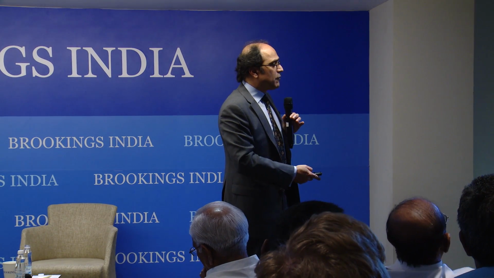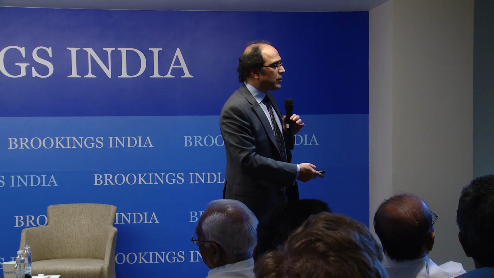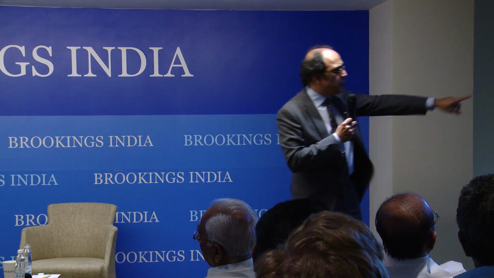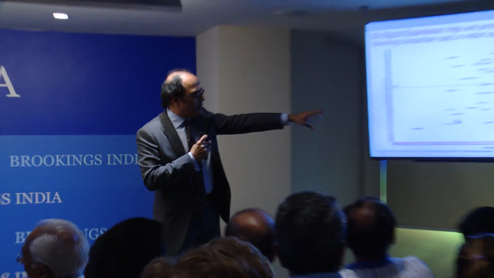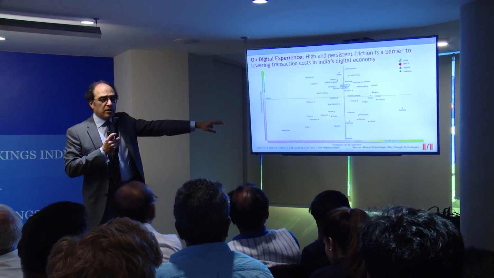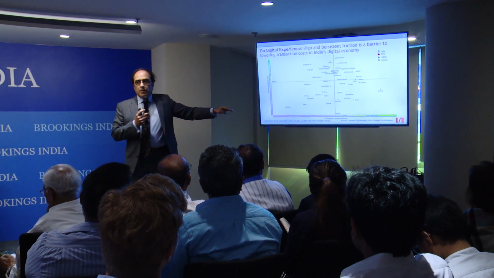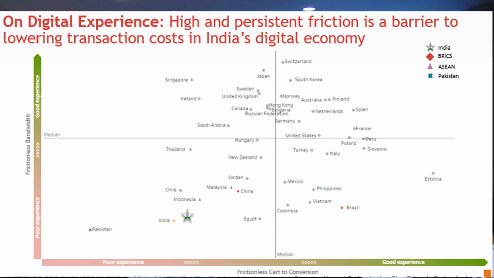So I'm just going to kind of fast forward a lot of this. I just want to give you one quick image here. You can see the revolving star, there is India at the bottom of this chart. And this chart captures what I consider two essential measures of friction in a system. And the reason why friction is important is it tests our tolerance, and then it tests our trust. So a point of friction is bandwidth. So when I make a phone call, I'm speaking to the person and suddenly it drops. And it happens more frequently in India than it does in Sweden. Now, that's why India is down here.